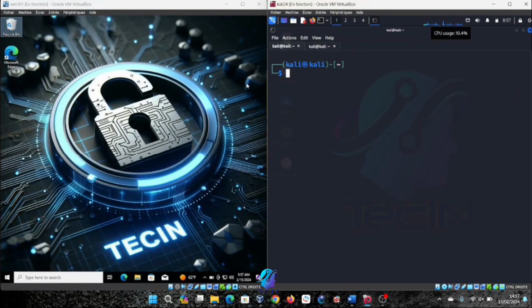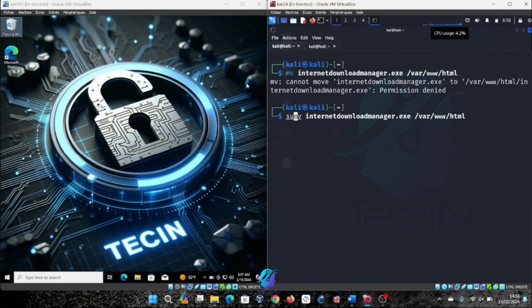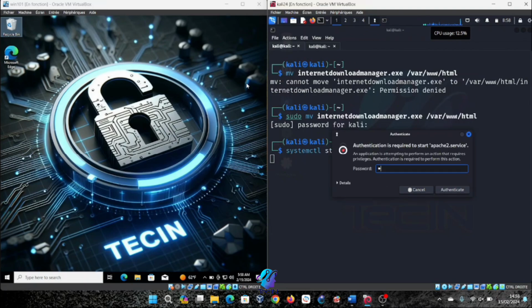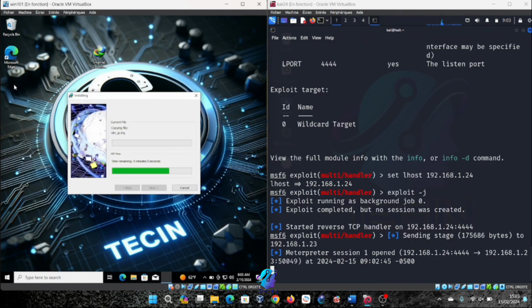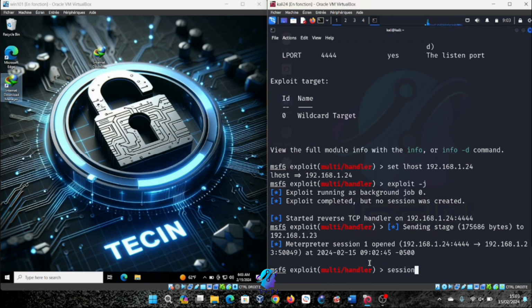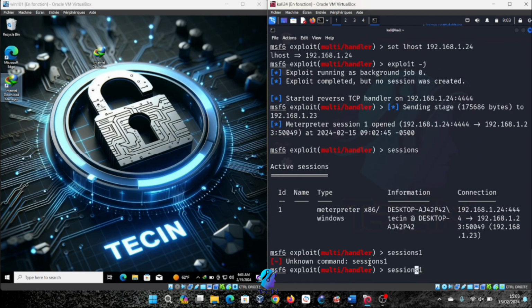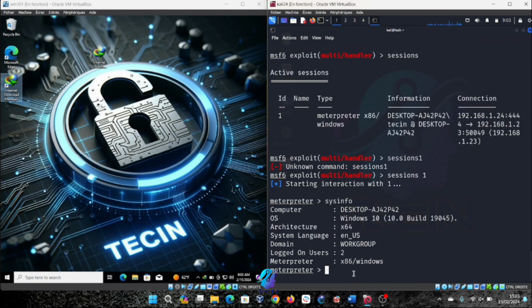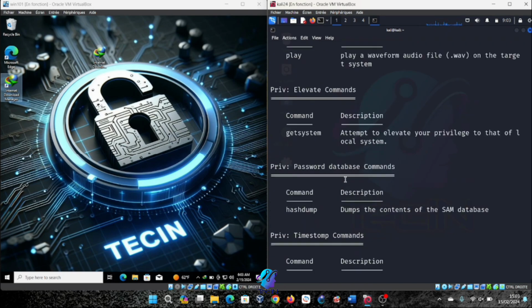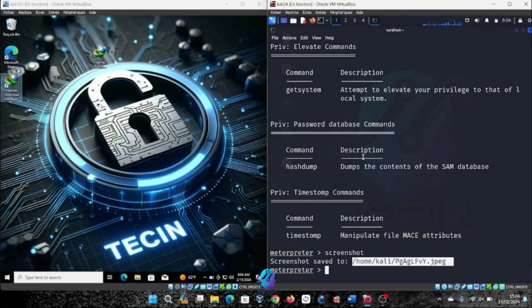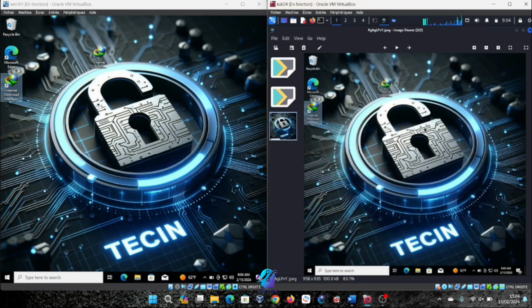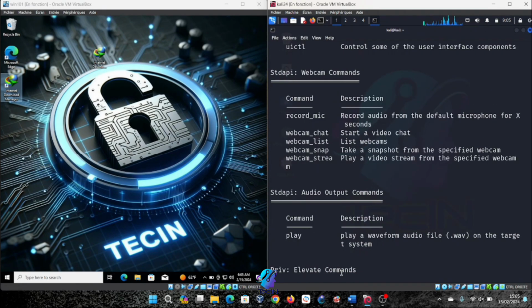Now, here comes the hard part. You somehow have to use any manipulation technique, such as social engineering, to make your target download and run the payload, or have to deploy it and run it by yourself. Upon successful execution of the payload on the victim's system, we establish a reverse connection and gain access to the Meterpreter session. With Meterpreter, we can execute a multitude of commands for post-exploitation purposes. For instance, to retrieve system details, we can use the sysinfo command. To explore all available commands, simply type help in the Meterpreter prompt.